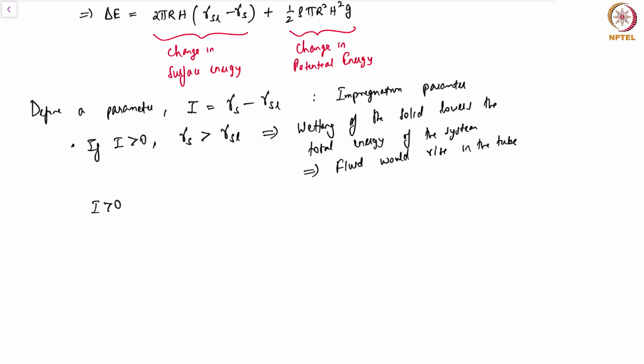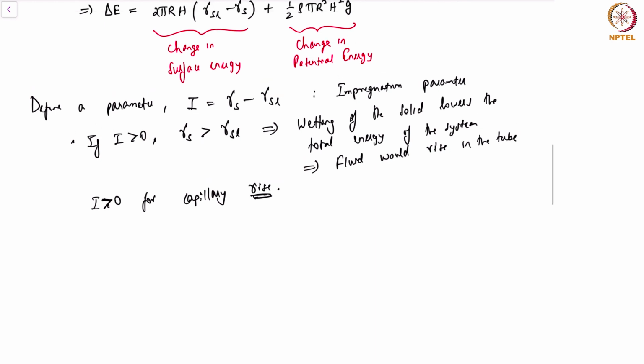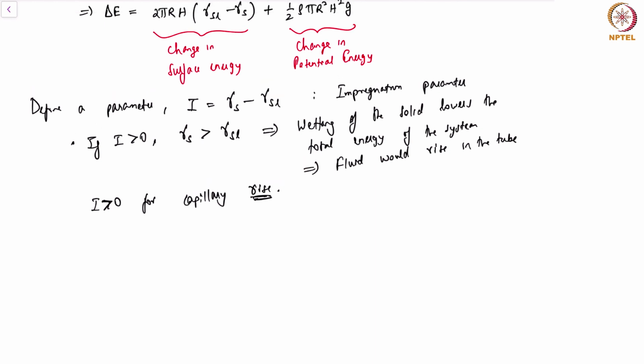I is greater than 0 for capillary rise. I'm using the word rise in its precise way, which means that the fluid is actually rising. If it was negative, then the fluid would not rise, it would fall in the tube. Okay. Now, having defined I as gamma S minus gamma SL, I can go back to my expression for